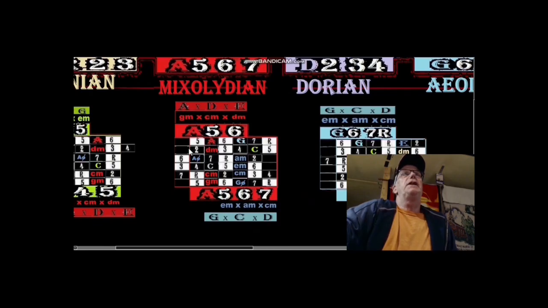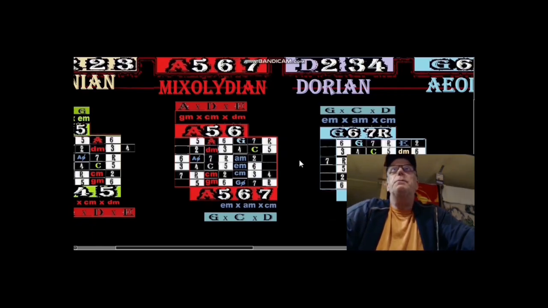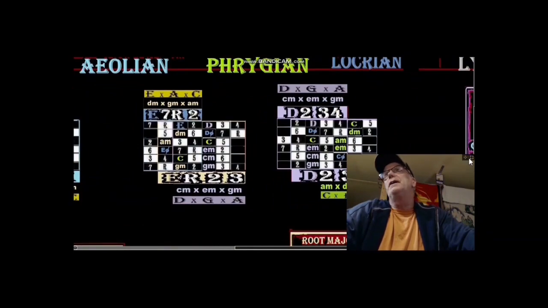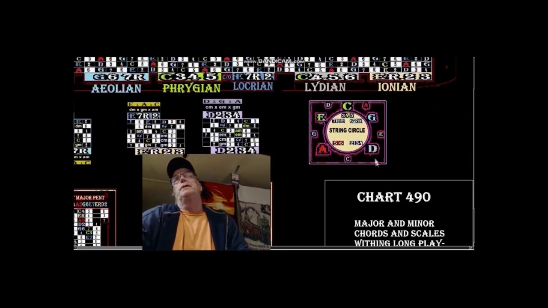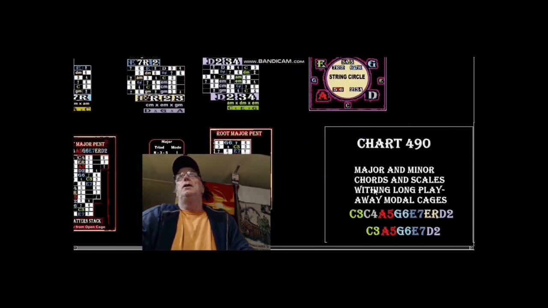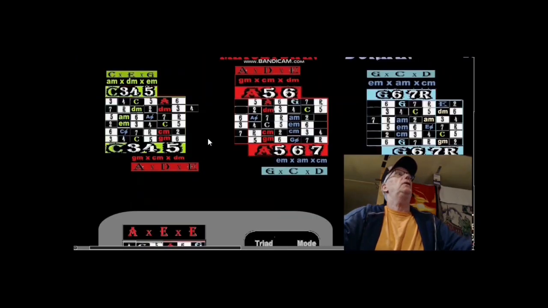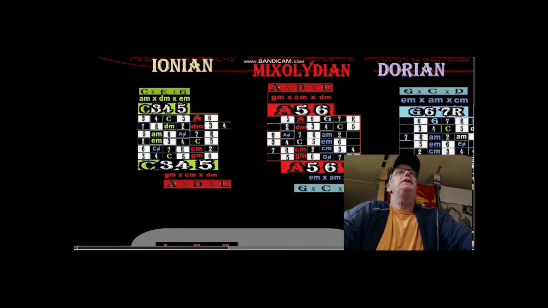The long patterns. Now, this shouldn't even be here, actually, if we're working with strict long patterns, but I've shown the short for reference, but we're looking at mostly this particular chart. Again, let's look at the title here. Major and minor chords and scales within long playaway modal cages. Okay, so we're looking at the long playaway cages. So in C it's this